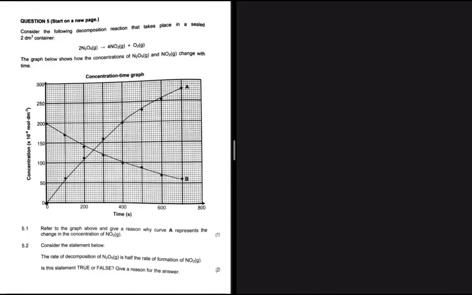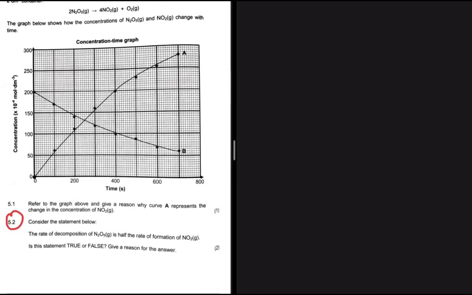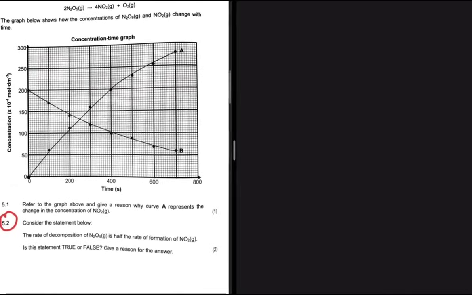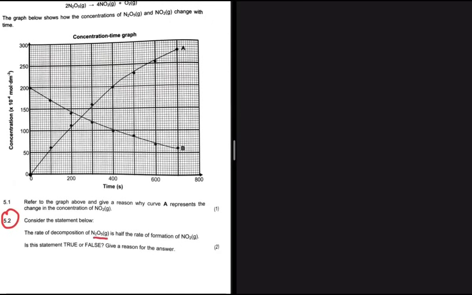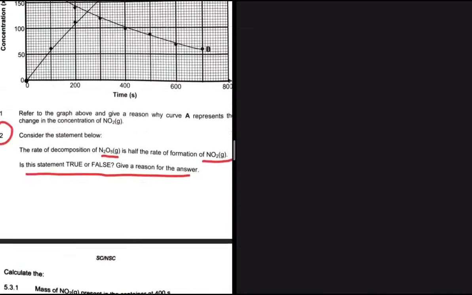So let's look at 5.2. The question says, let's consider the statement below. The rate of decomposition of N2O5 is half the rate of formation of NO2. Is this statement true or false? Give a reason for the answer. Do you know that you can actually use the balancing coefficient to find the rate of reaction of one compound if you have the rate of reaction of the other? I just only realized that not too long ago. And it is exactly how we're supposed to answer 5.2 and